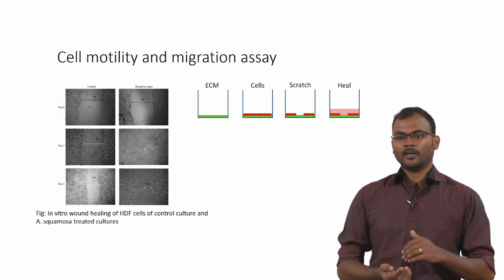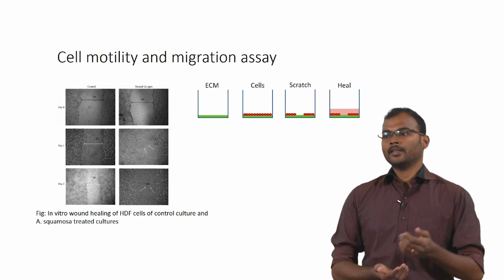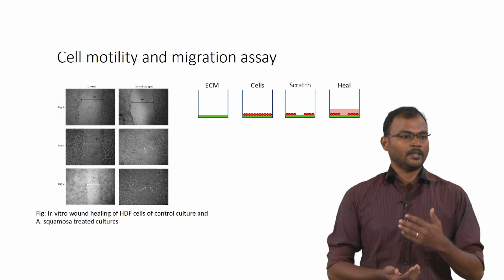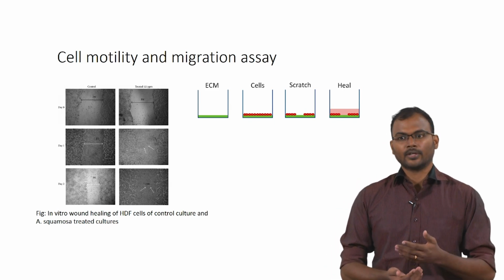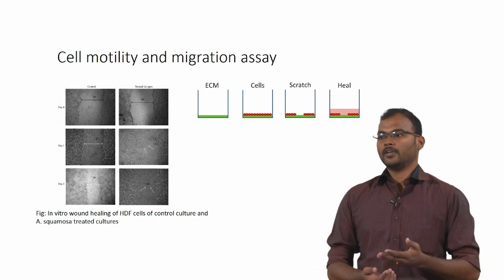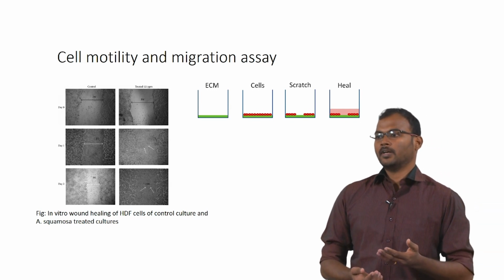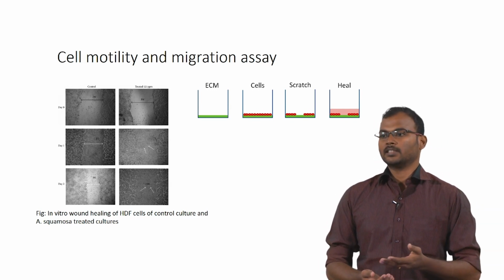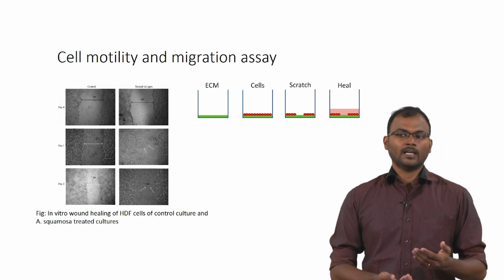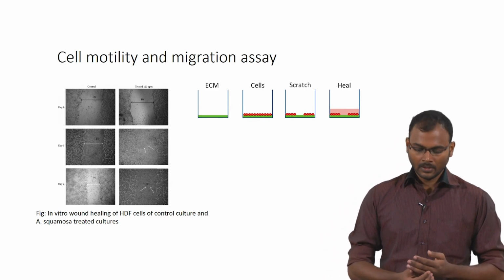In the cell adhesion assay, you put your material and then you seed the cells onto the material surface. Material means any flat surface material or scaffold. Based on your surface properties, whether it is hydrophilic or it has any receptor ligand for the cell receptors, the cells will attach, and you can estimate the amount of cells attached onto the material you are having.